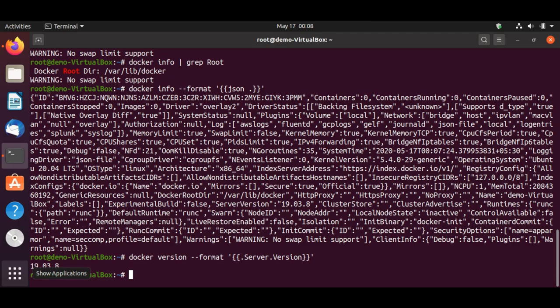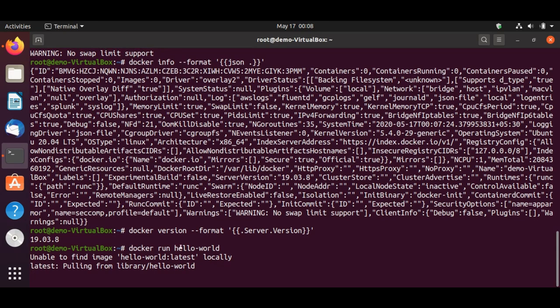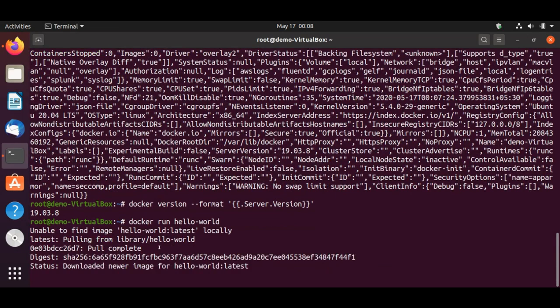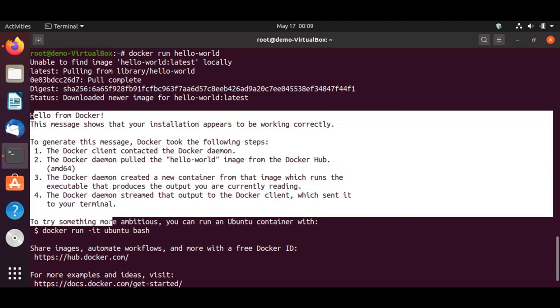Now, let's try to run, you know, we have been running the hello world program since we started learning programming, and hello world has always been our favorite. So I ran docker run hello world. If you see, it says unable to find image hello world latest locally. Then its second line says pulling from library hello world, and then pull complete,